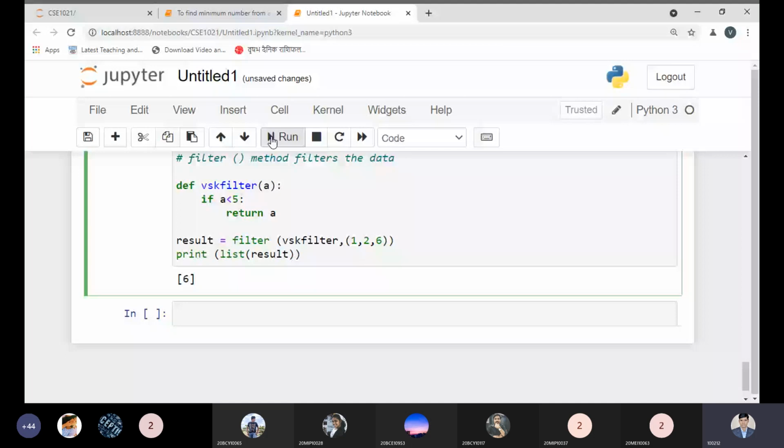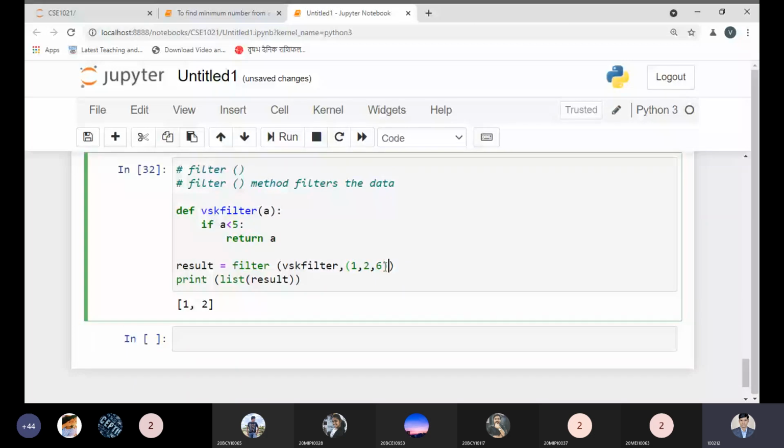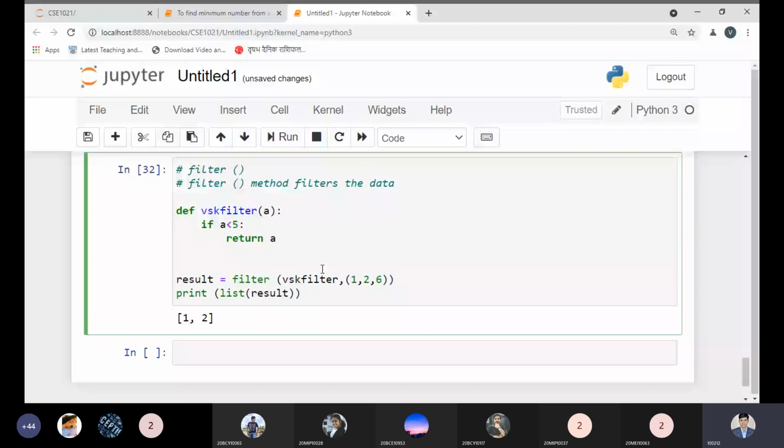So this is the method. Let me clear it once again. VSK filter is the name of the method I am defining, and 1 2 3 is the iterable. For testing purposes, let me write 1 comma 2 comma 6, which is an iterable, like a tuple.